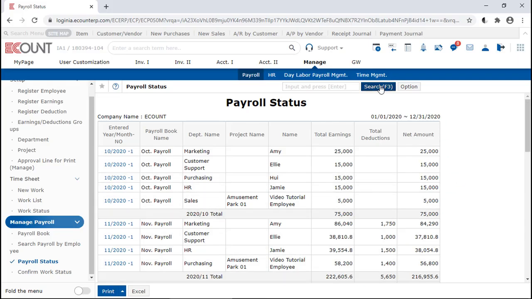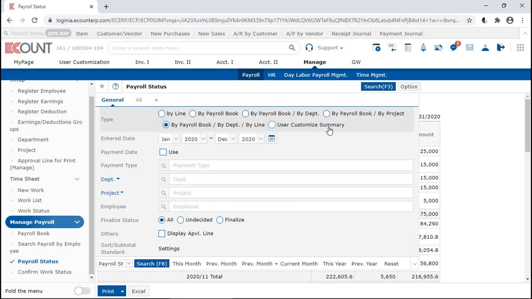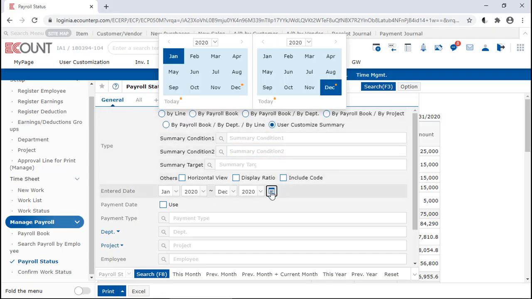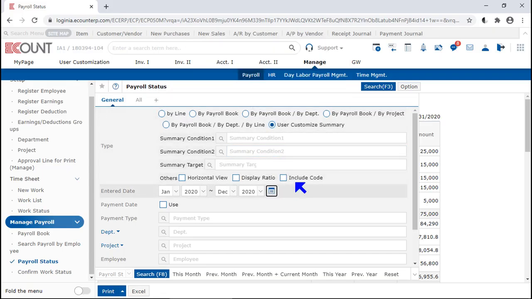Lastly, if you select User Customized Summary option, you can set up to 5 summary conditions and aggregate payroll amounts by each summary condition. For example, if you want to summarize 1 year's payroll data by each department and by each employee and by each month, first set the period to the corresponding year and set Summary Condition 1 to department,